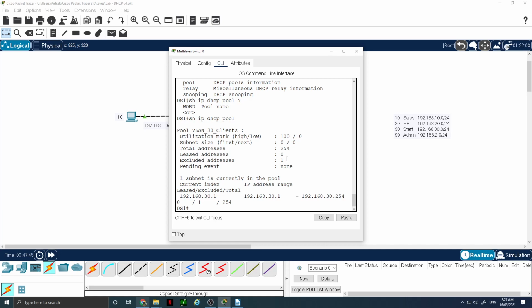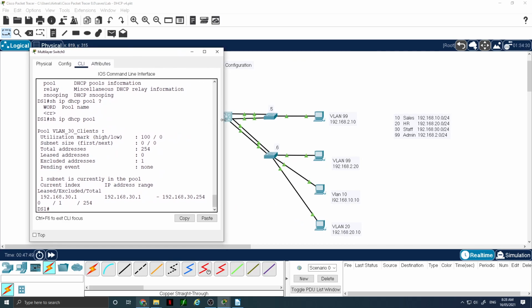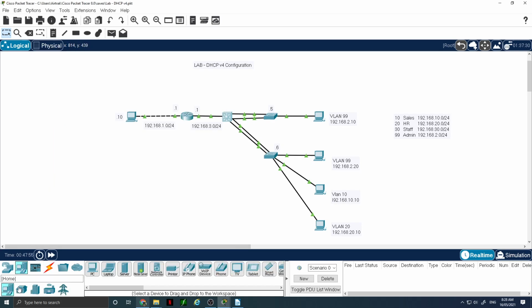And let's see if it issues any. How do we know if it's going to issue any? Well, we're going to do something a little strange and